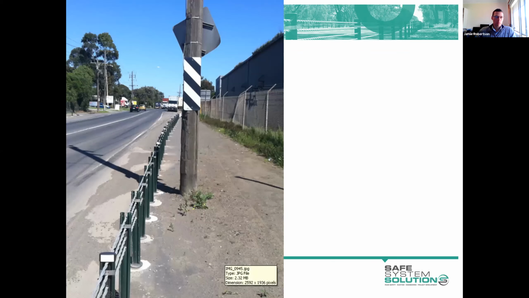There's an example where our deflection obviously hasn't been provided. We might have a few hundred millimetres available there. It does look like they've tried to stiffen up the system with some closer post spacings, but being a wire rope, that's going to deflect by quite a bit if struck. Probably a guard fence would have been a better outcome in this environment. It is a built-up environment where our speeds are not going to be great, so we're not going to see those full crash-tested deflections in any case, but even still, that pole could easily be struck if a vehicle struck that barrier first,